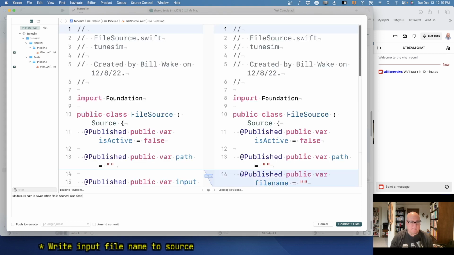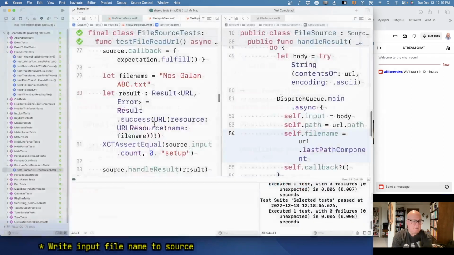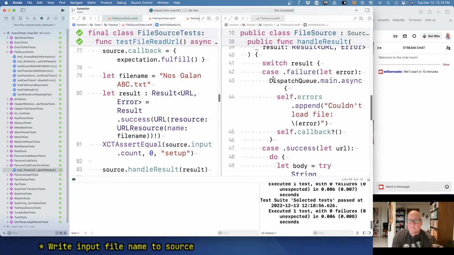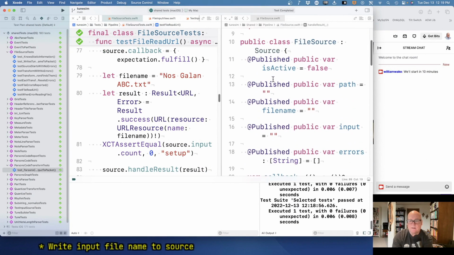Also save file name, last component of path. Okay, let's commit that. Now, path starts empty, which is fine. We want to